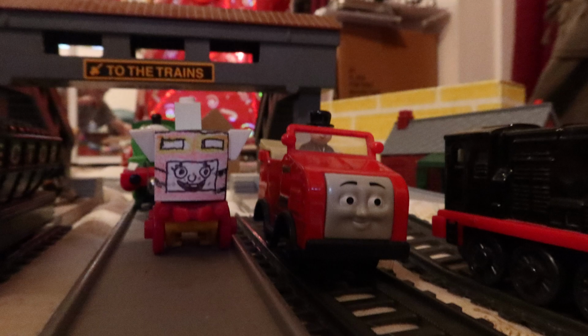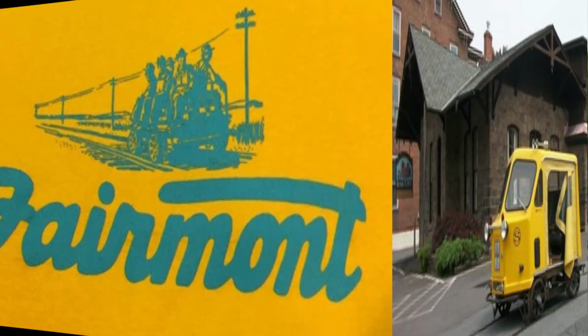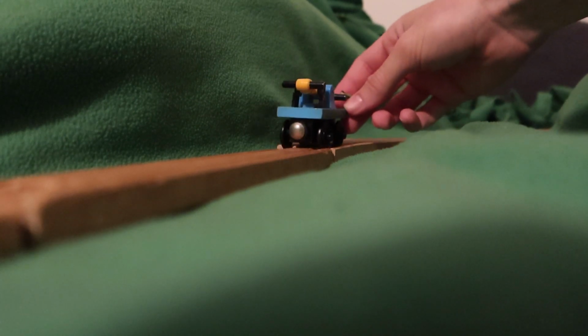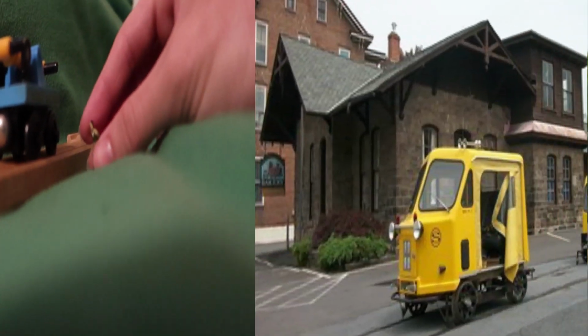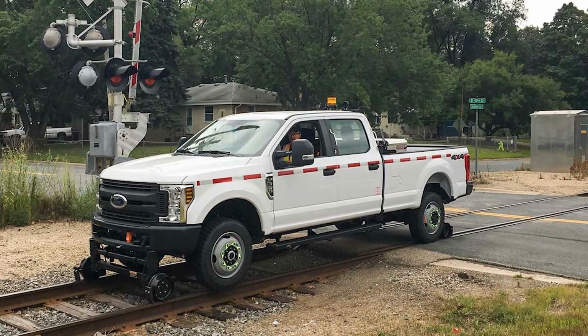So, Sandy did. Sandy was built from the company Fairmount Railway Motors in Minnesota of the United States. The prime goal of the rail speeders was to inspect tracks to make sure that they're safe to run on. So they're basically the successors of the hand cars, or pump trucks as they're called in the UK. They've done really well until the 1990s, where they were replaced by pickup trucks